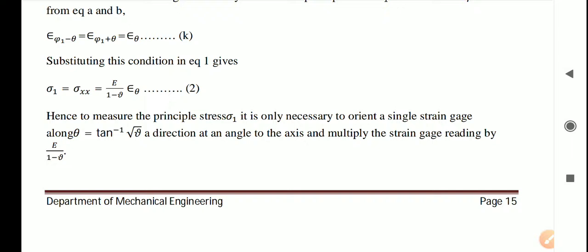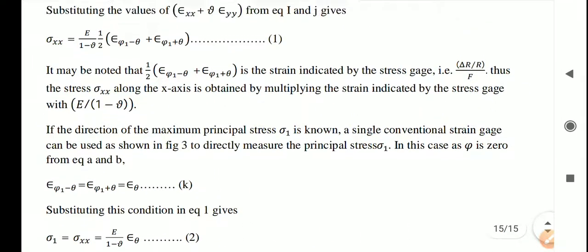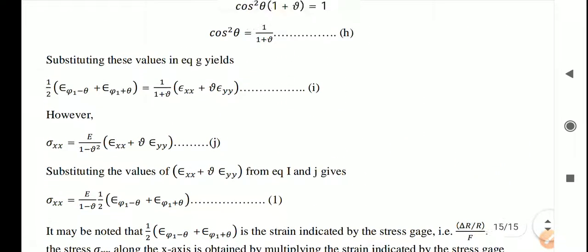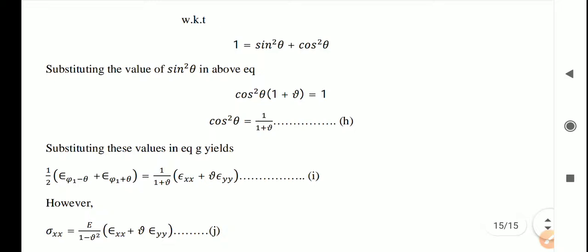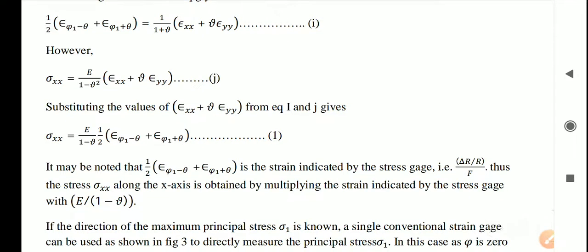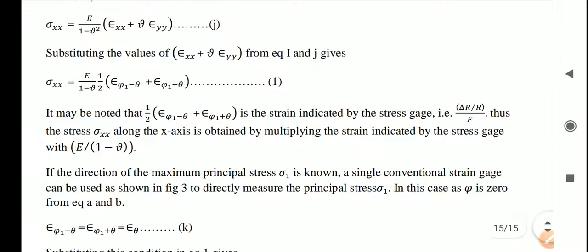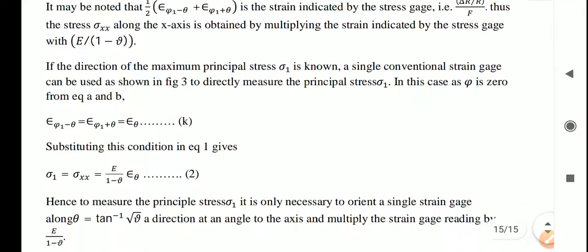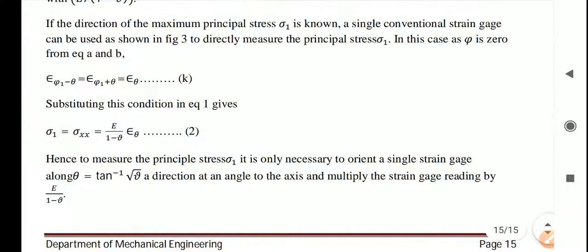Okay, so this is all the introduction or brief description regarding the stress gauges. I think you have a good understanding of this topic. I have sent the notes to you all. You can go through them once, since it is difficult to remember all these things at a single glance. You have to repeat the process, and you have to get proper knowledge of whatever the topic is. Okay, I think it will be helpful for you.